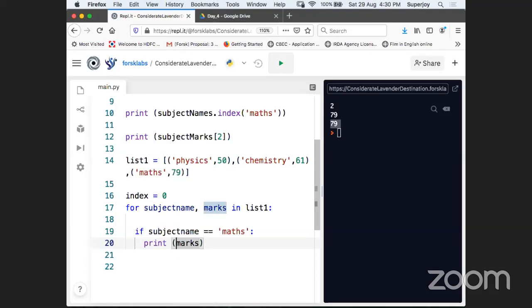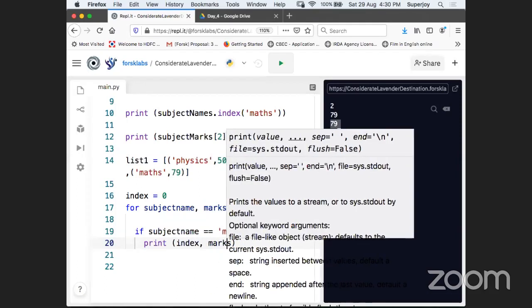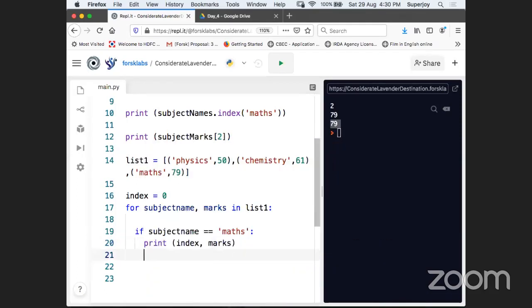So I can just print the index, and I can print the marks as well. And then I can just increment the index: index is equal to index plus 1. Let's see whether it will work for us. So see, guys, can you see? Now we got the index 2 and the corresponding mark 79 as well.